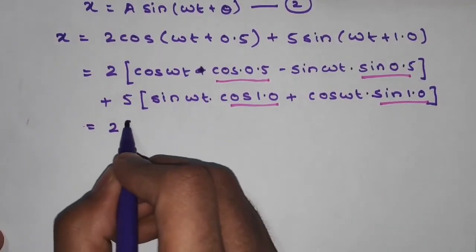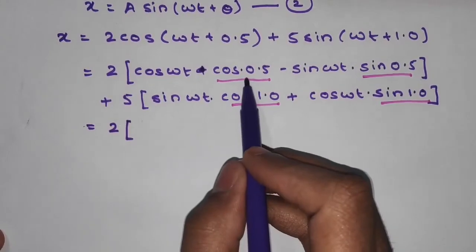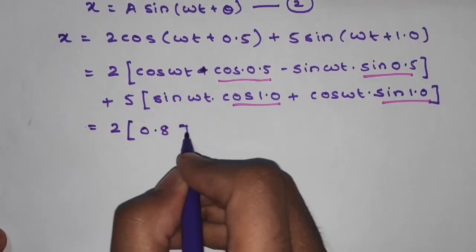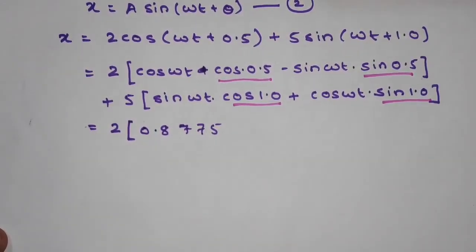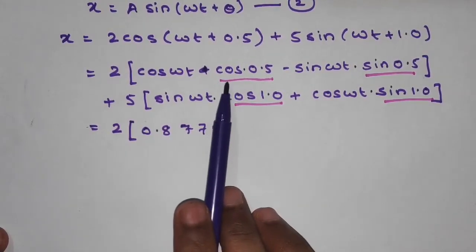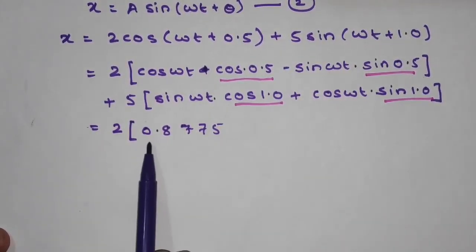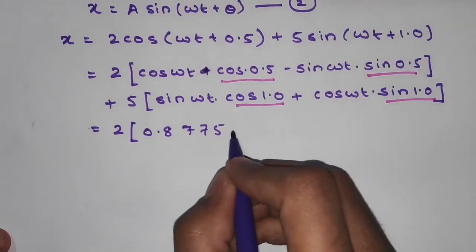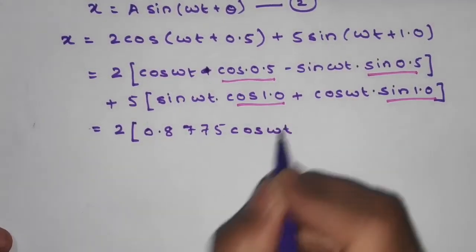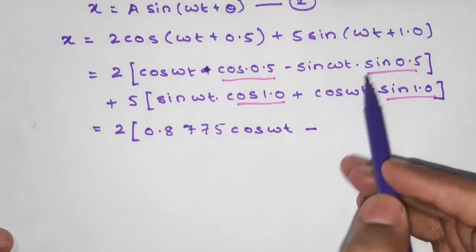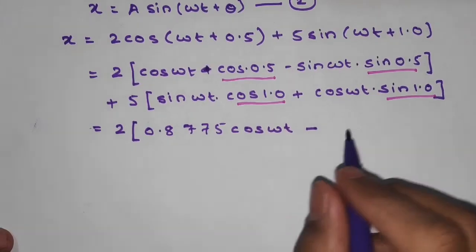So I can write this as 2 into cos 0.5, which is 0.8775. When you calculate this in your calculator in radian mode, the answer will be 0.8775. This is into cos ωt,